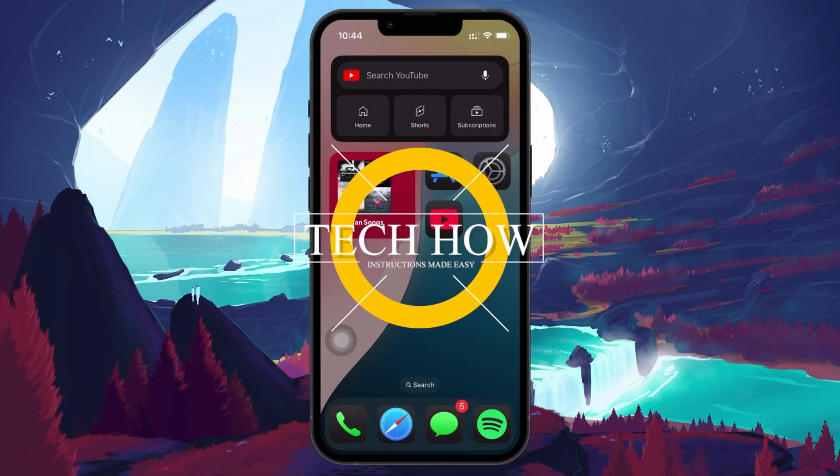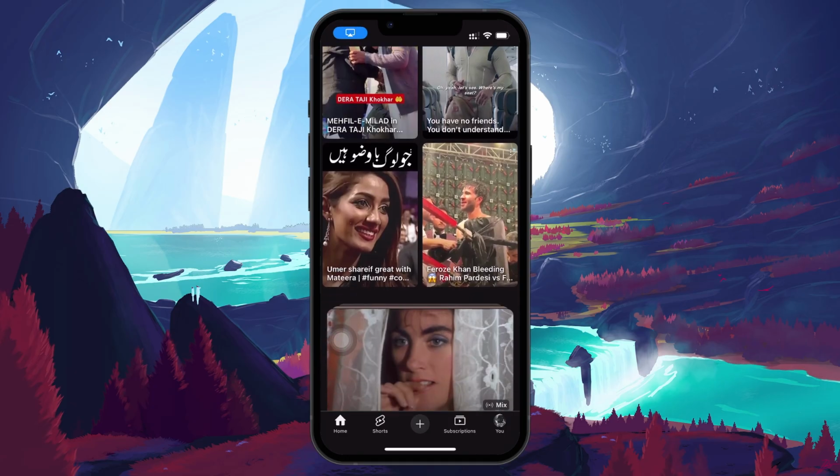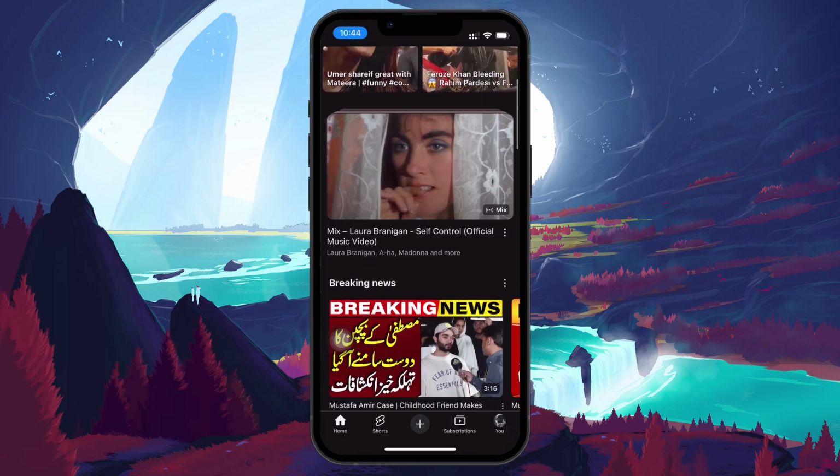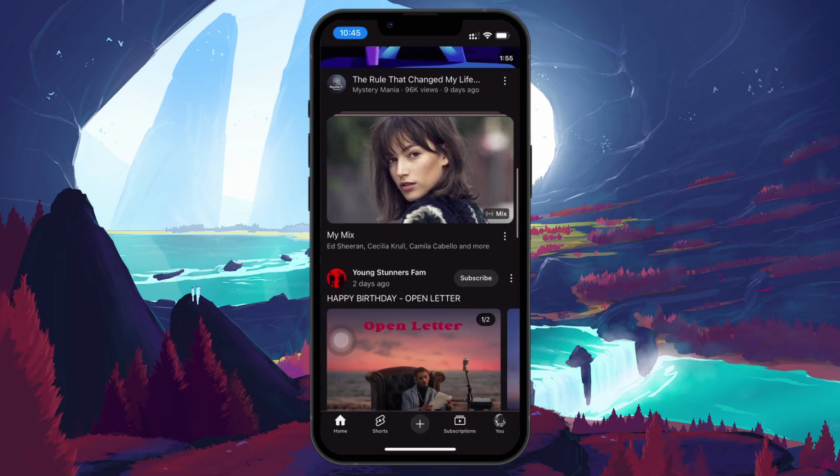What's up guys? In this tutorial, I will show you how to fix the issue when you're unable to download YouTube videos on the mobile app. If you're using mobile data to download videos on your YouTube Premium account, you need to disable the Only Download